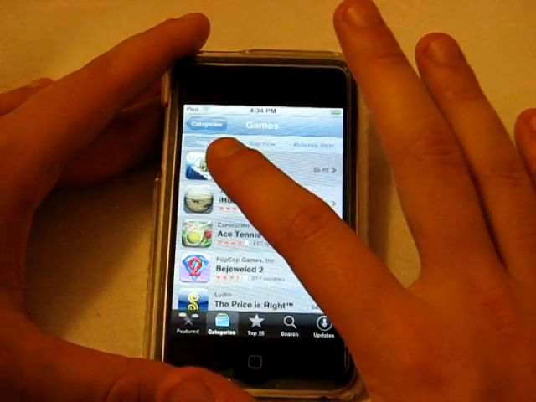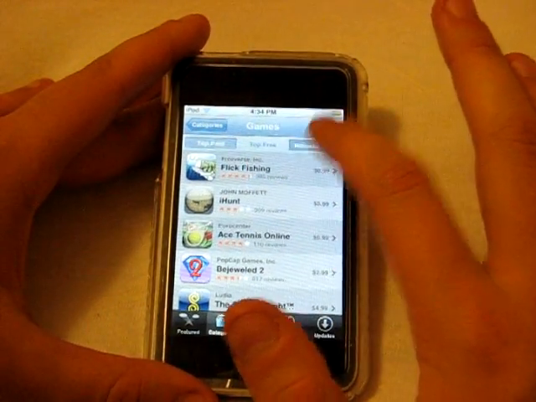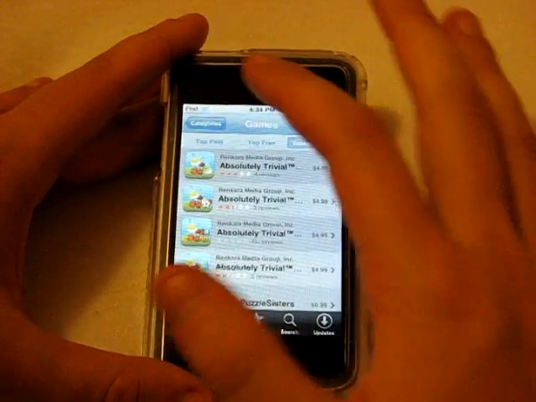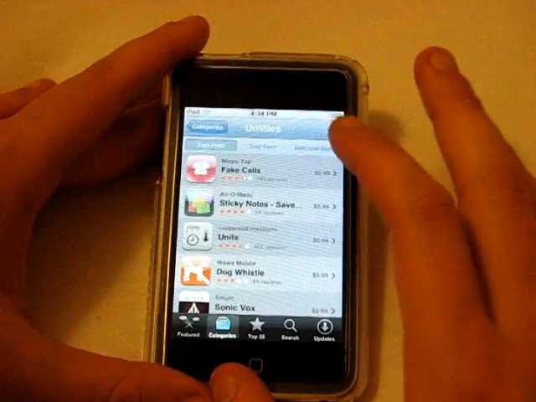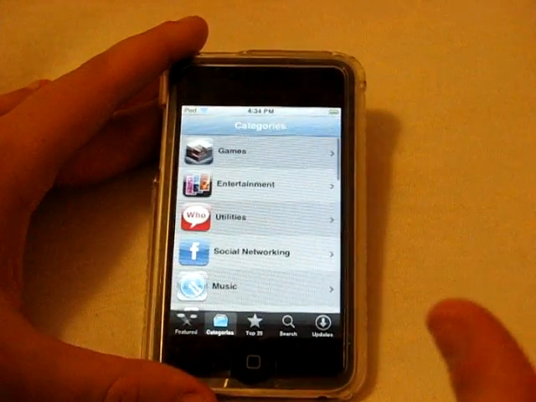So you can have the top paid for games, top free, and the release dates. The ones that have just been released, you can check those out. Yeah, so that's for every single category. There's a top paid, a top free, and a release date, which I think will be a big help because